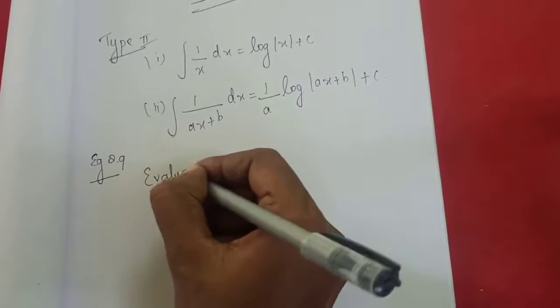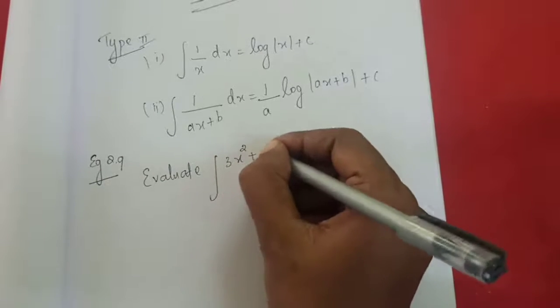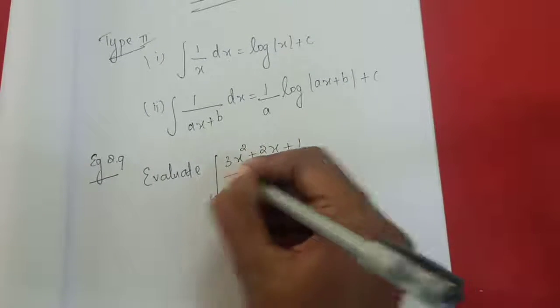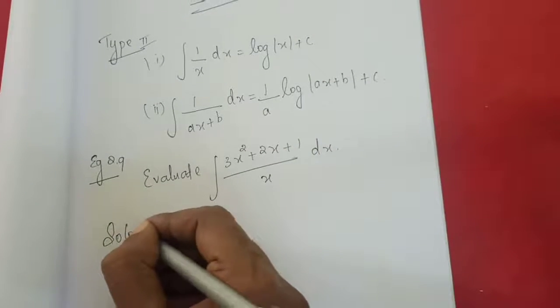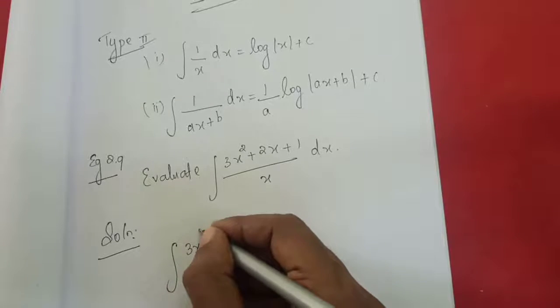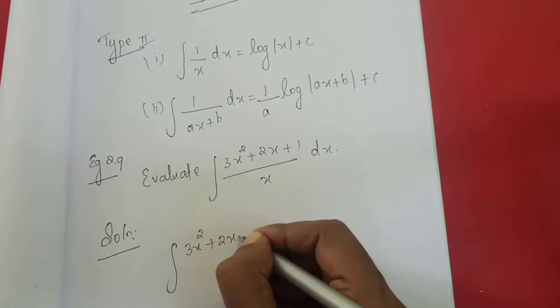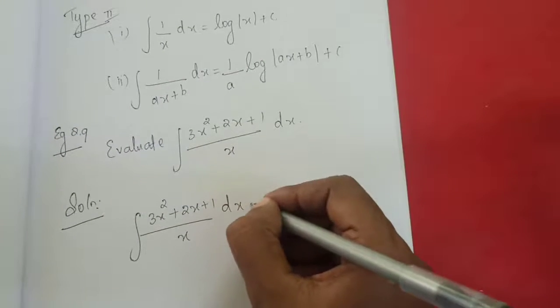Evaluate the integration of (3x square plus 2x plus 1) divided by x dx. Solution. We need to integrate this. Is it right? So the integration of (3x square plus 2x plus 1) divided by x dx is equal to the integration of